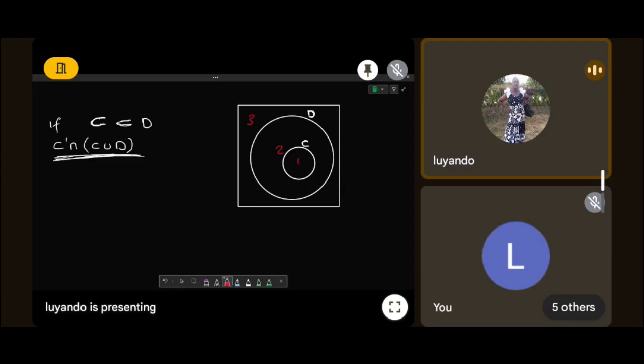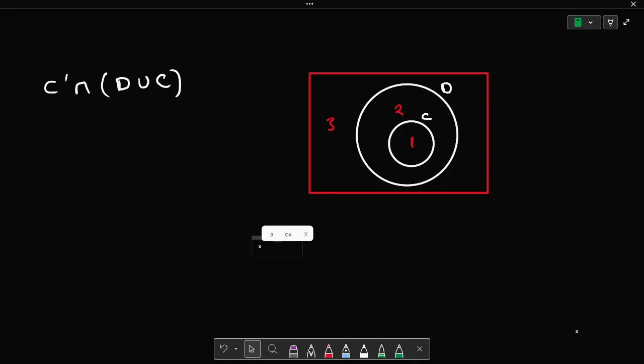So I just say 1, 2, and 3. 1 is both in D and in C, 2 is just in D, and 3 is on the outside of D and C. Once we do that, the next thing is to see if we can simplify this. We can simplify this one using the associative and distributive laws, but we're not going to do that. We're just going to use